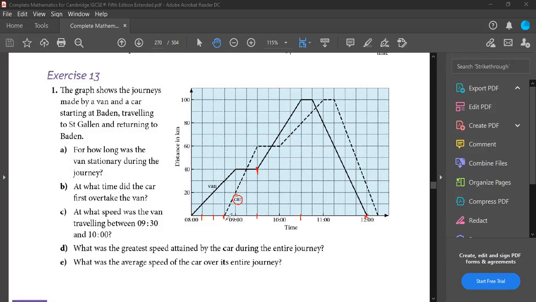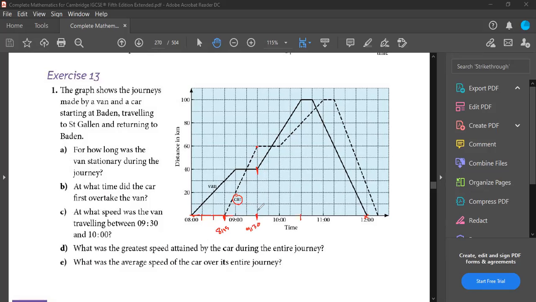At first, a bit before 9, how much time before 9? 8:45, because every part of this is 45. 15 minutes. Yes, at 8:45 they started the journey. So at 8:45 the car started accelerating. Yes. The car started accelerating, and then at that would be